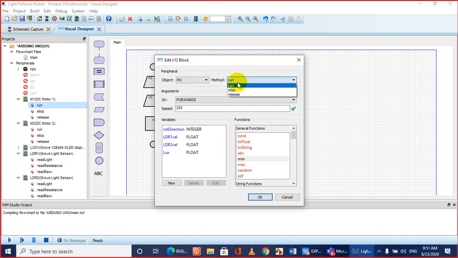There are three methods: run, stop and release. So pick up the run option, and you can choose the direction from here. Let's say forward, and you can define the speed. 255 is the maximum speed. The range is between 0 to 255. If you lower the value, it will slow down. So let's keep it at the highest speed over here. Click OK.